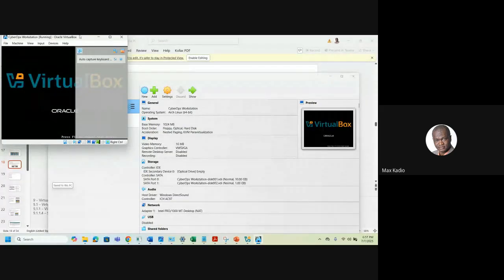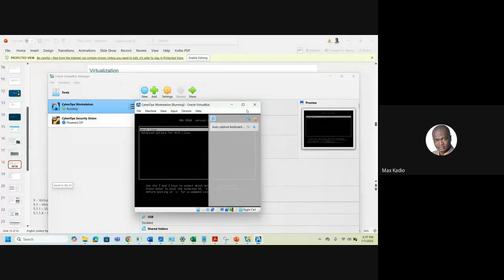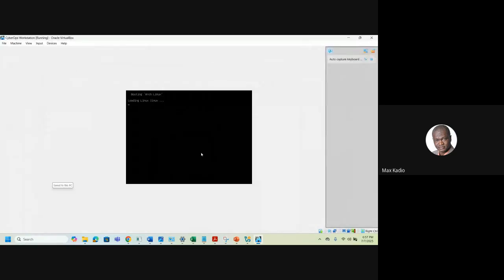So you see, this PC is a virtual PC, it's booting up. I did install Linux on it for cyber security. You see, it's busy loading the Linux.